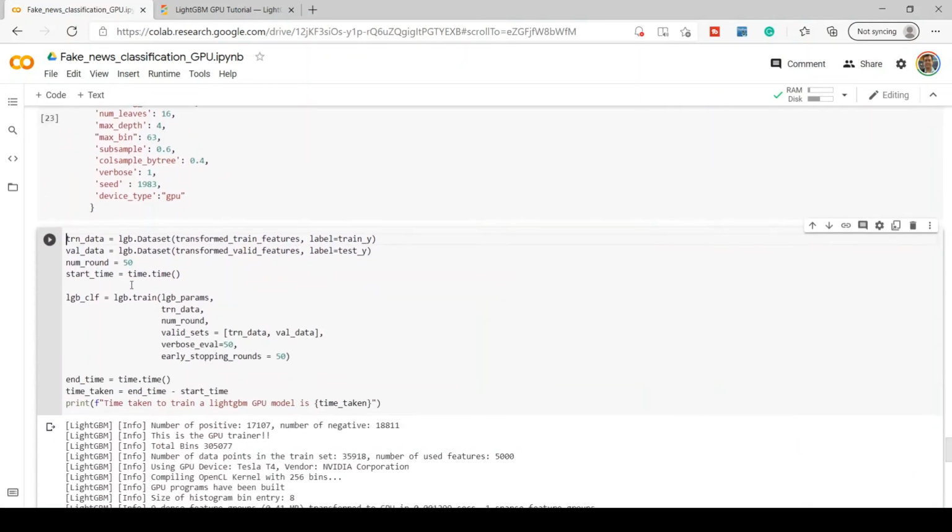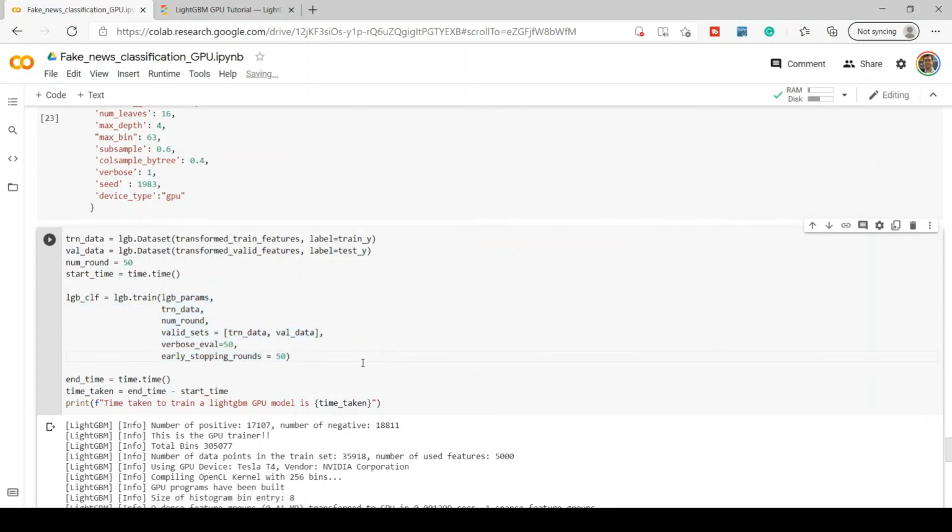Here is the normal set of activities which we use for LightGBM model training. I am defining the LightGBM dataset for training and the LightGBM dataset for validation. Then I am performing model training with lightgbm.train, passing different parameters.